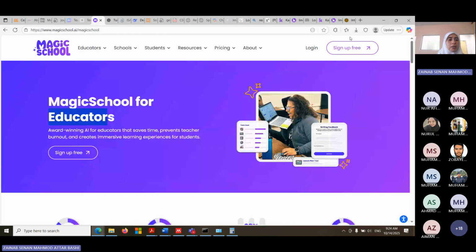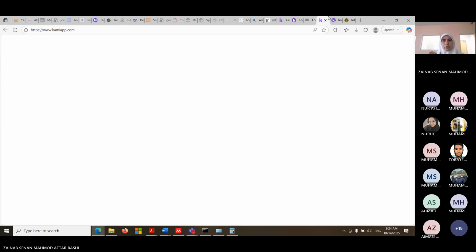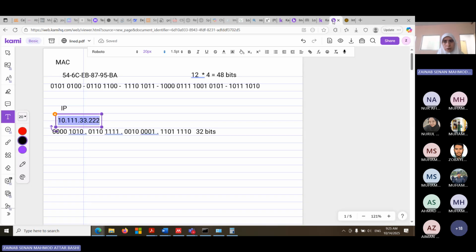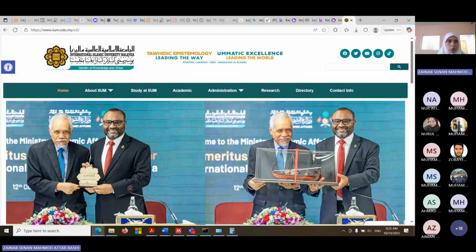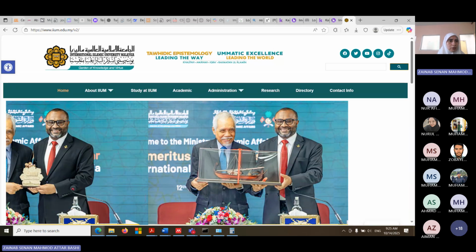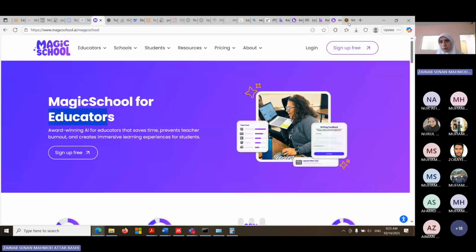Okay, so you can see here that you will never open a website, ask for specific information, and it will go somewhere else. This picture, there's no way it will go to any other tab. It will always go to the right one. When you open the IIUM website, you will not find a picture coming from another server to another place that was supposed to be in here but went there.